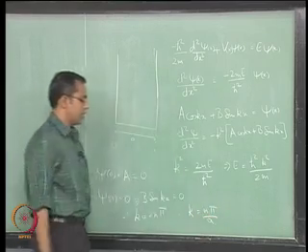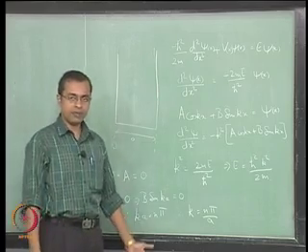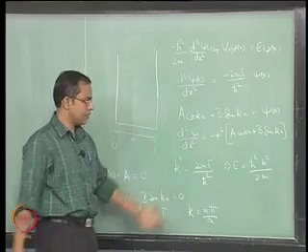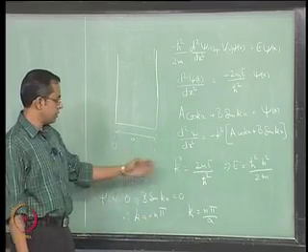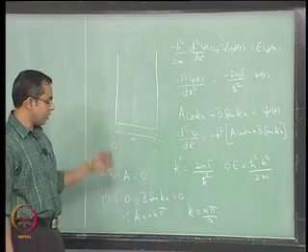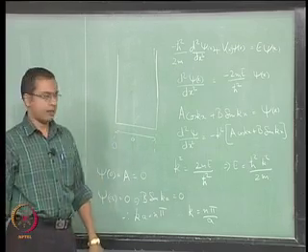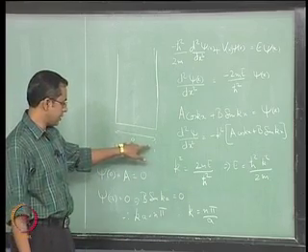So this is the result we got yesterday. We got it a couple of different ways. We looked at a string, we also looked at the Schrodinger wave equation. Again, this is still the Schrodinger wave equation approach. I have used 0 to a, and I also said that the extent of the well,